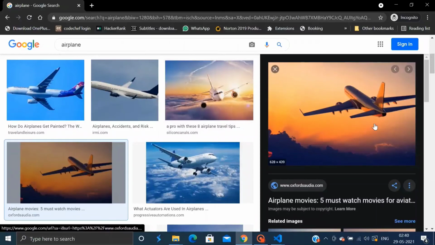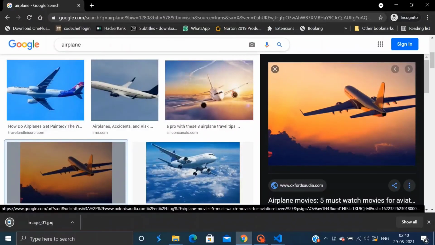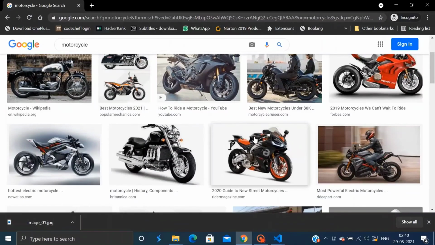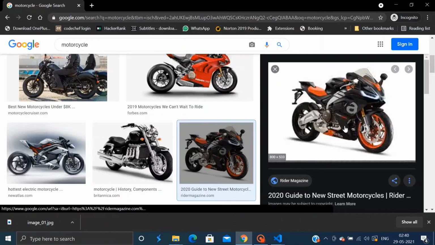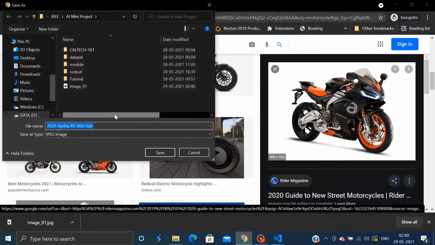So we will download one image from Google and then save it in our project directory. Let's name it image1. Then also download an image of a motorcycle. I will name it image2.